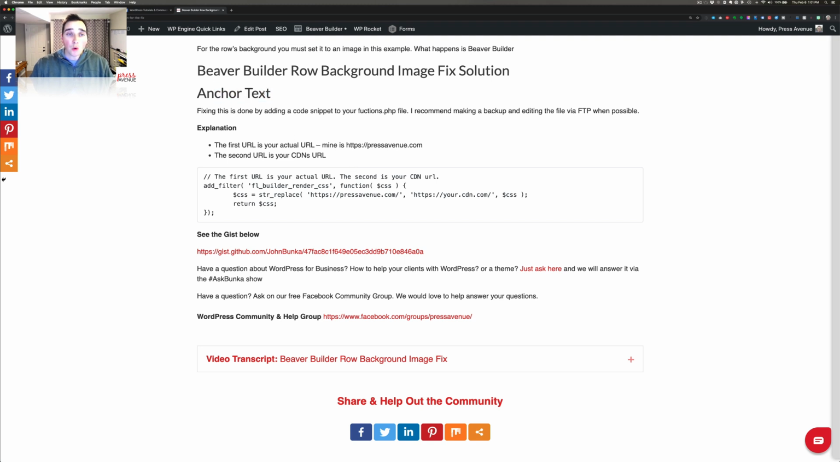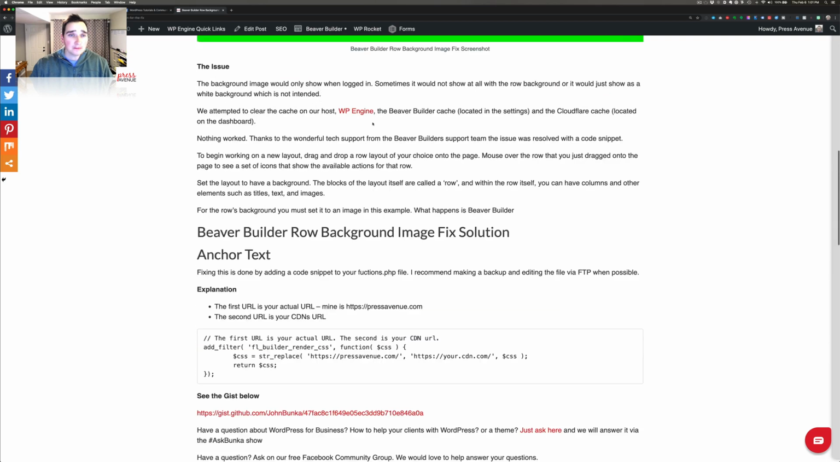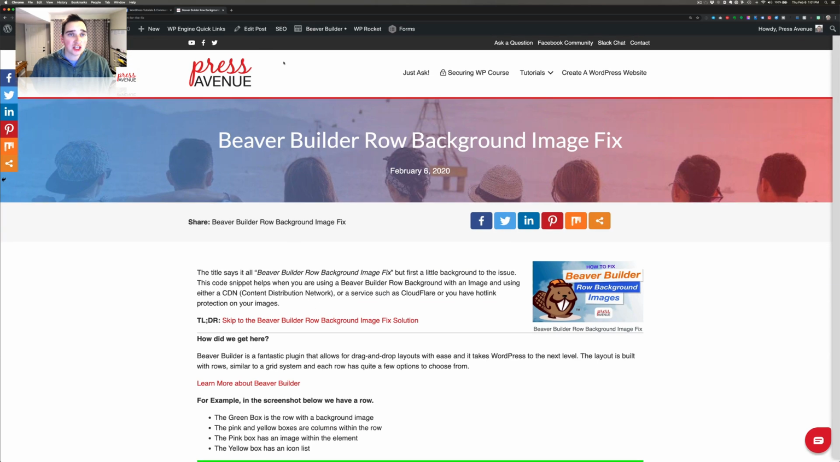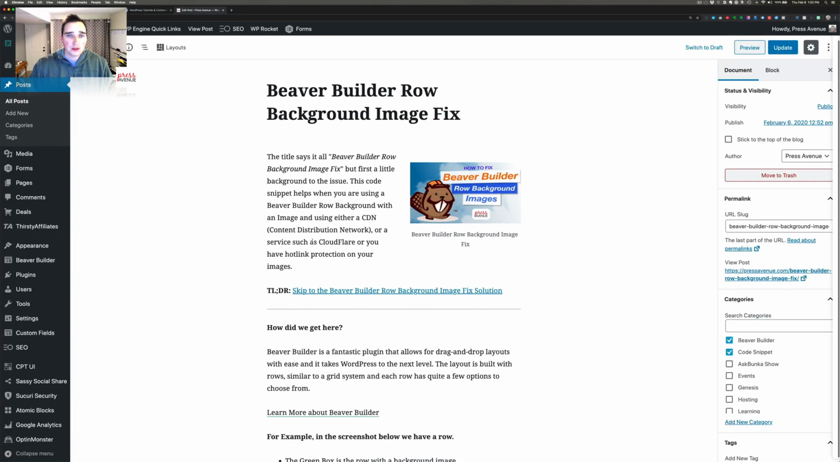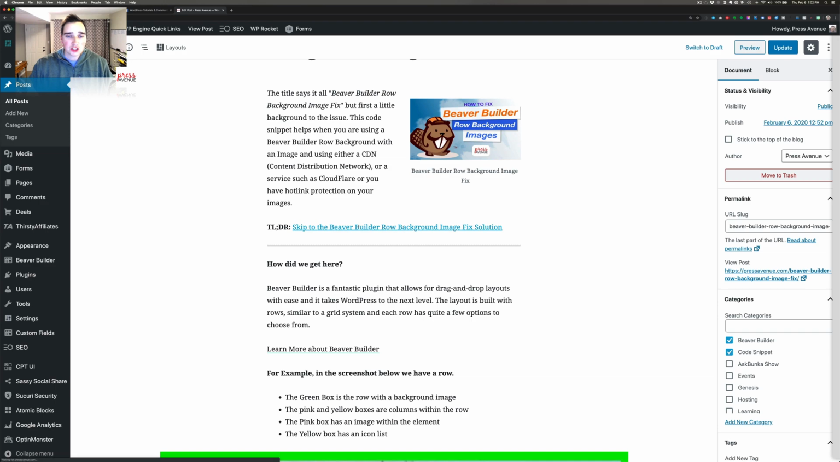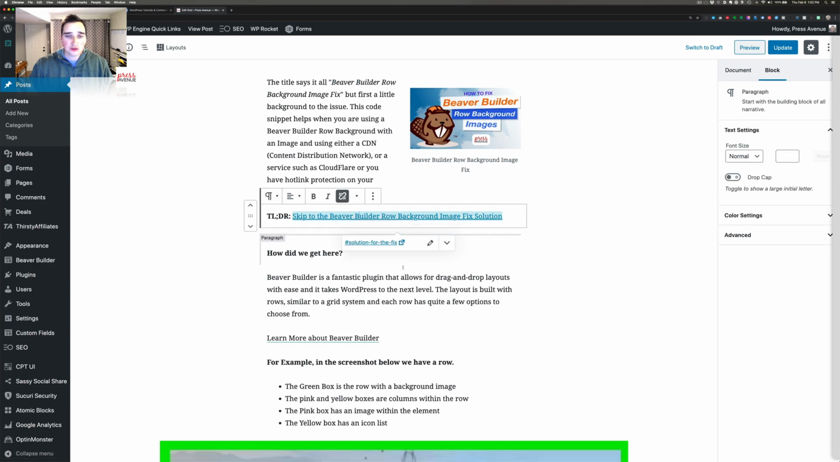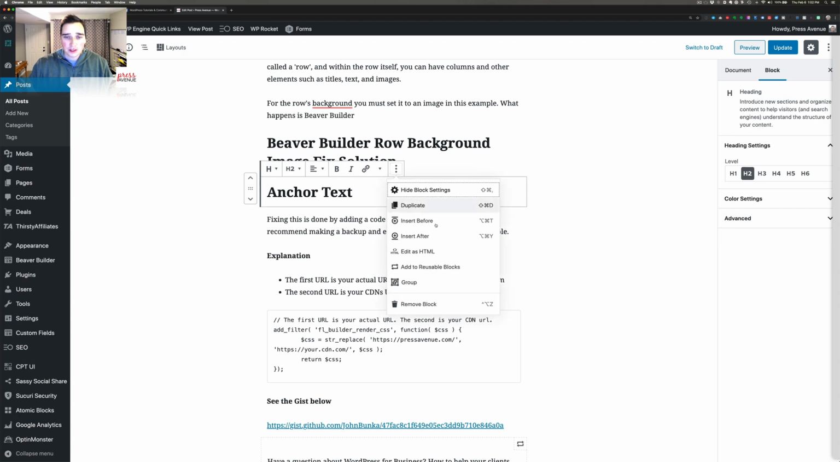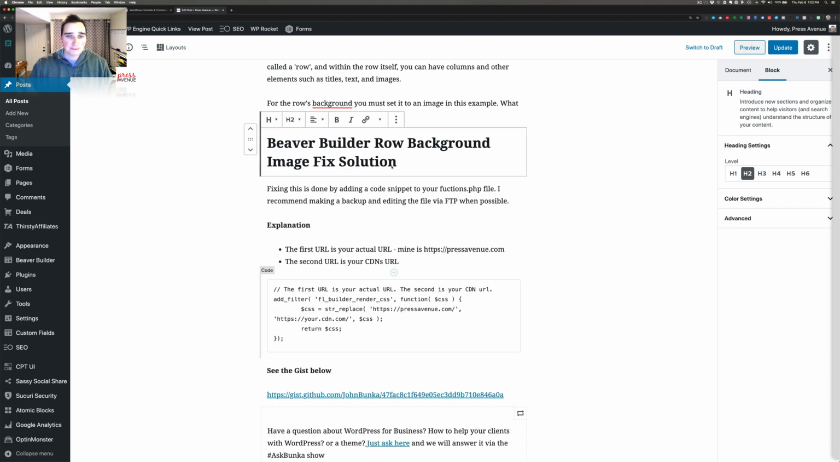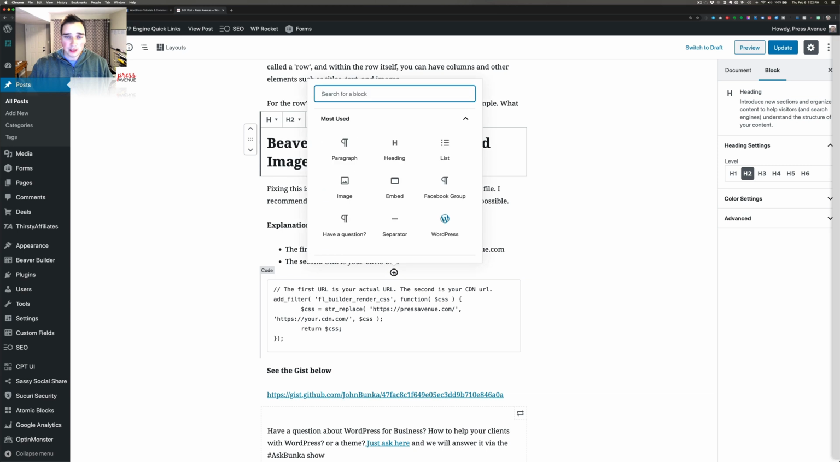Now, if you don't want to anchor it to a heading, you can add a custom HTML block. So I'll go back to Edit Post, give it a minute to load. So essentially this is going down to that solution for the fix. So I'll come down here, 3 dots, and I'll get rid of this. And then I'll go to plus,